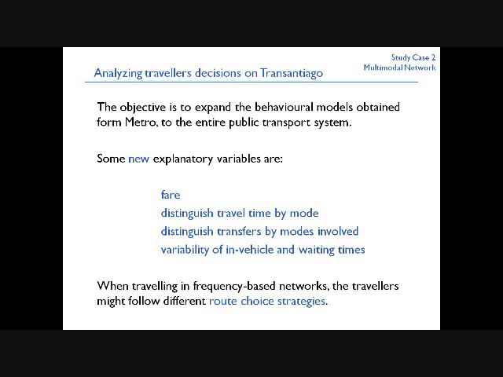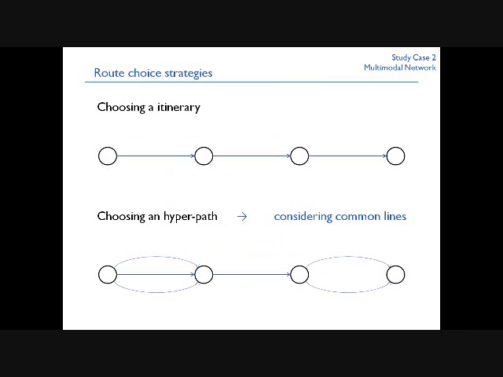An additional challenge that we came up with when we conducted this study was to analyze different strategies of traveling when we have a frequency-based network. What does it mean? People can choose an itinerary, which is okay for each leg of the trip, from origin to destination, passing through transfer points. I'll choose one line and only one line on any leg of the trip, or we can choose a hyperpath,